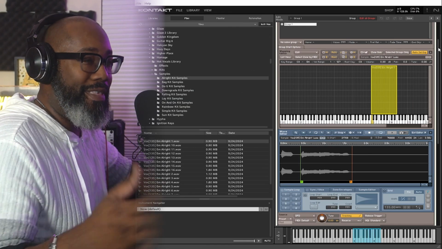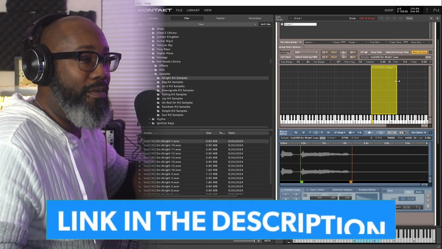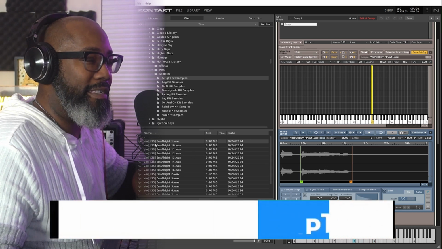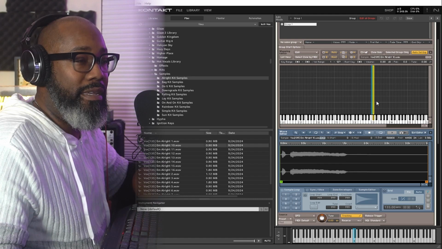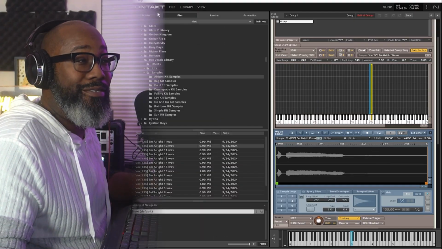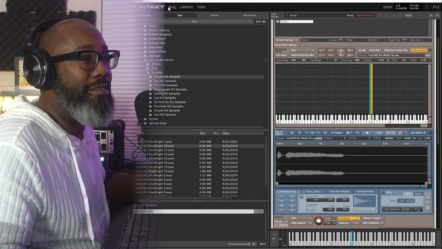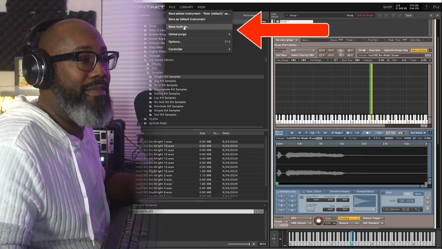Now, because I have this, I can now go and let's say if we want to add different phrases, like I was saying, you just move it over to the next key and boom, there you go. And now, instead of the actual range of it being all the way across your board, I only have two lights now illuminated because I have two within the actual range. Now, the way that you save that is by going to File and then just save multis as.